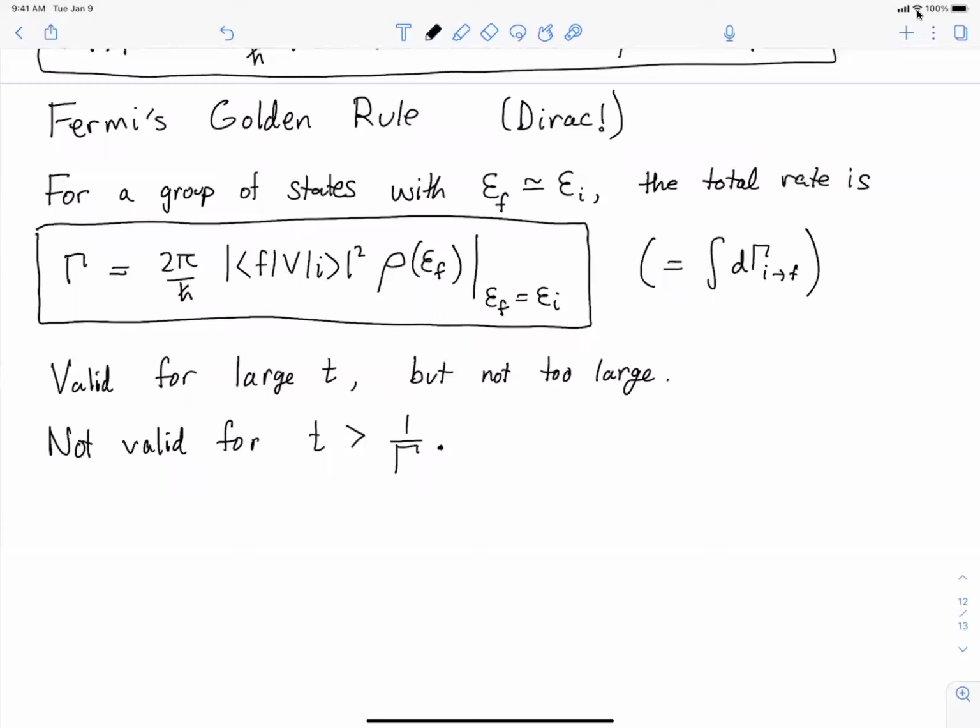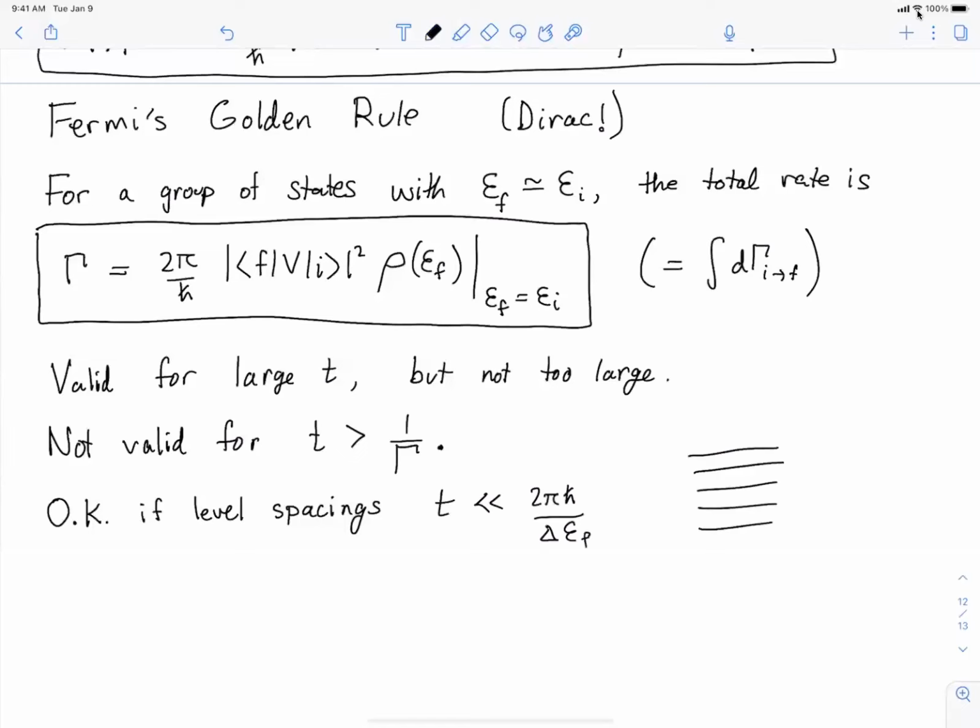So we've applied this, or we derived this, assuming the final states were continuous. Okay, and so this is also okay if the states are not quite continuous, but very narrowly spaced. So this is okay if the level spacings between different final states obey that the time t is much, much less than 2 pi h bar over the spacings in energy, right? So we've got a bunch of states here, and the spacing in energy is delta EF. As long as that's small enough,